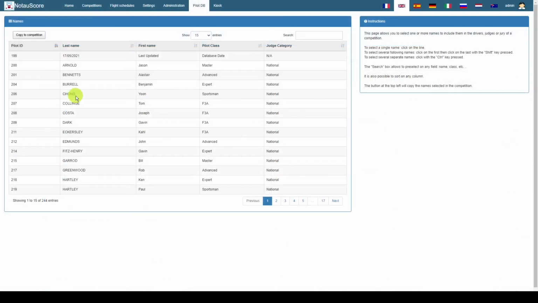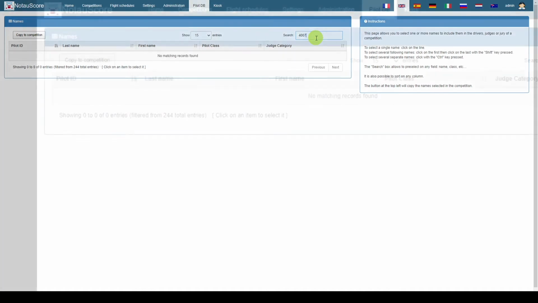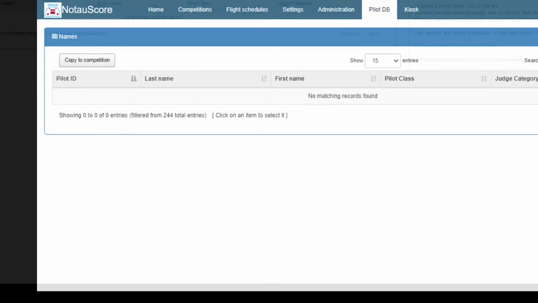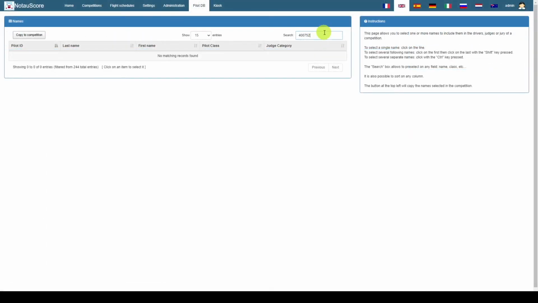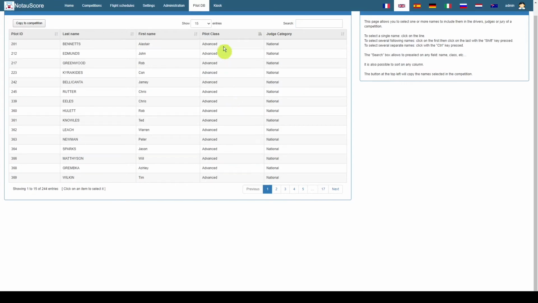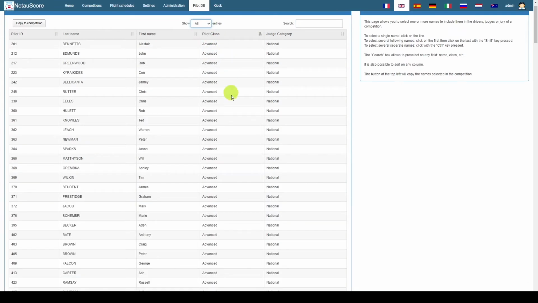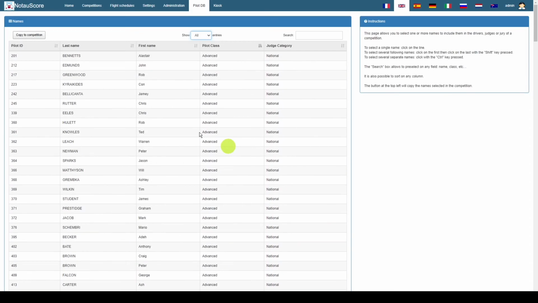What that does is it brings up this little menu for me where it lists my pilot ID. I can search, and I know the lovely Simon, I know his number. I can search by the pilot ID and see if I can zoom in on that. Now I can't quite zoom in well enough on that section, so we'll just leave it on full screen. And I can either search by a pilot number, or I can sort by the pilot class. Here in Australia we have advanced, we have expert, and I'll show all here. We have advanced, we have expert, we have F3A, we have all of these different pilots. So I can search by number. I can either sort or search.